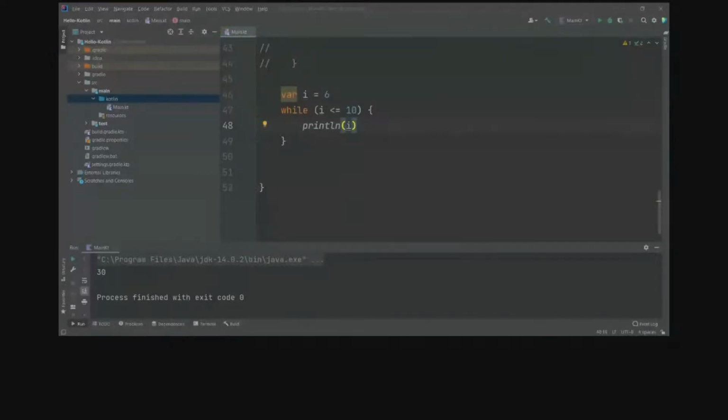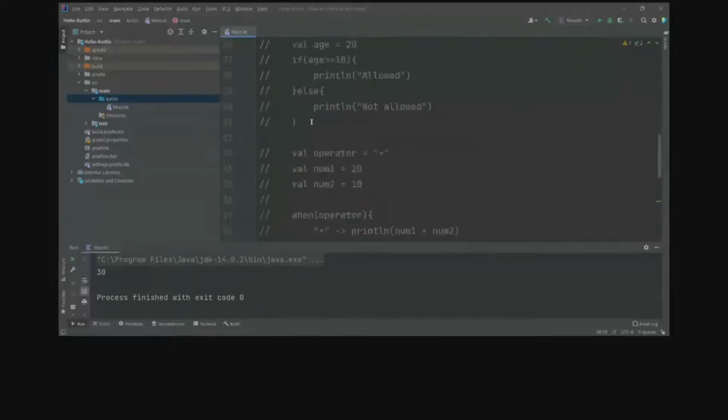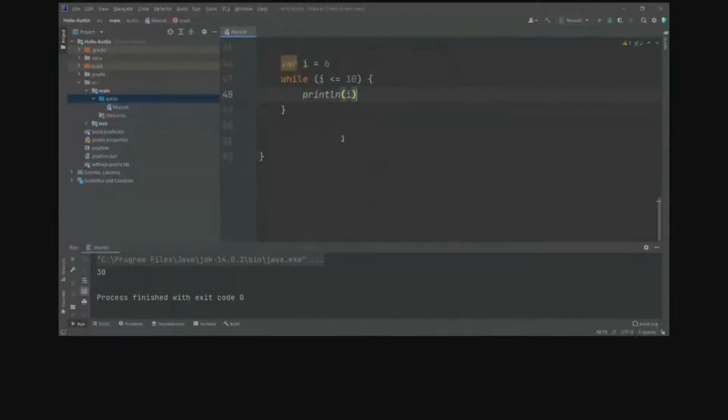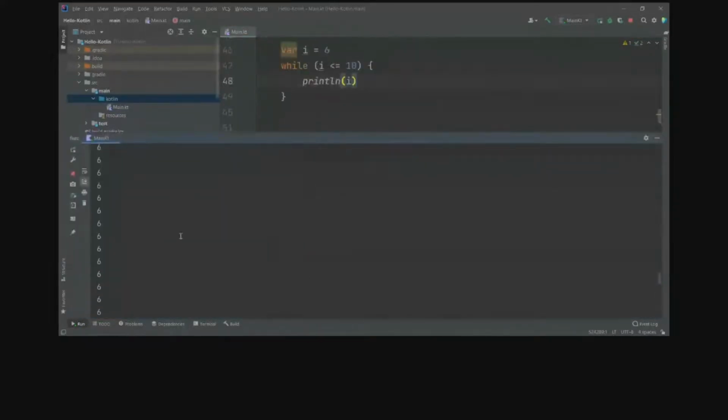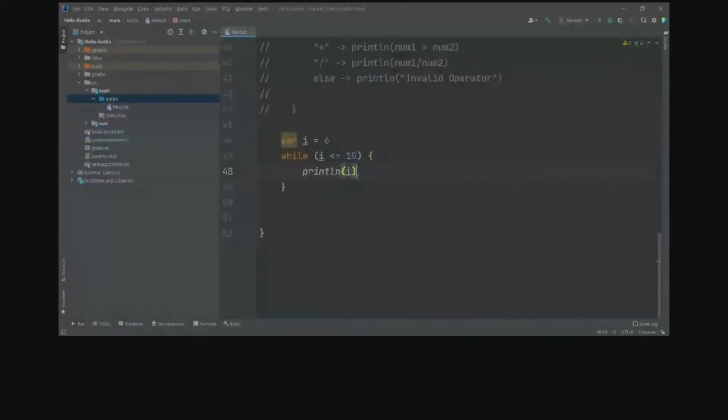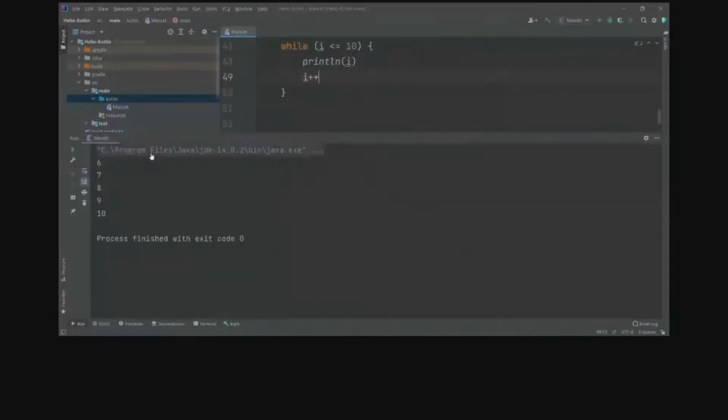Okay, let's run the program. As you can see, it's going infinitely. It's an infinite loop, right? This is because I haven't incremented the value of i. If I increment the value of i and run the program, now it prints 6, 7, 8, 9, 10.